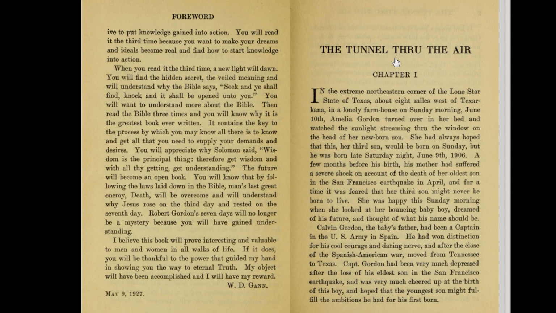So, okay, I already mentioned that in the last video. So, all right, let's go ahead and look at the very first page in Tunnel Through the Air. Now, the first thing that we should be doing